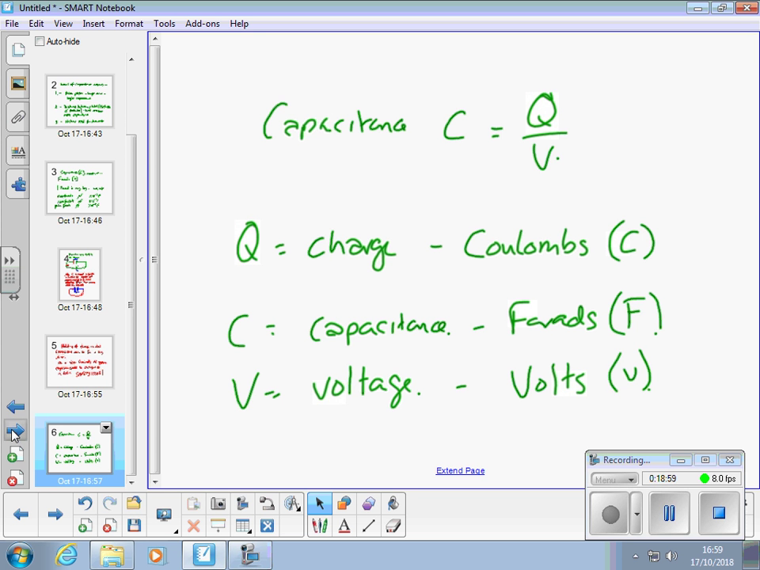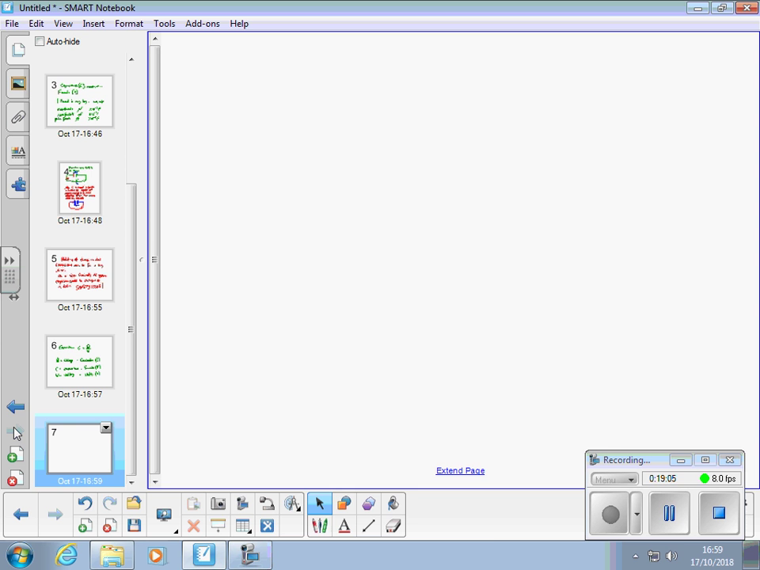Also, we can get to the charge from another direction. So, a capacitor is charged